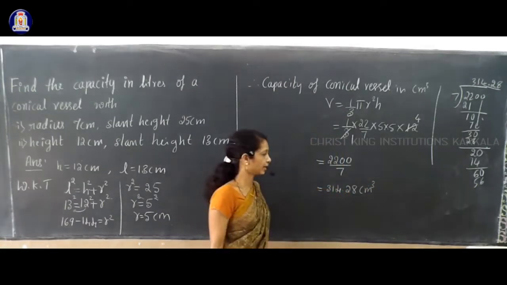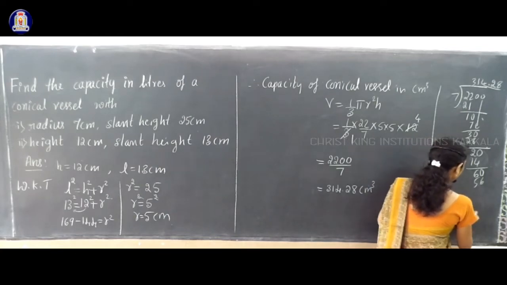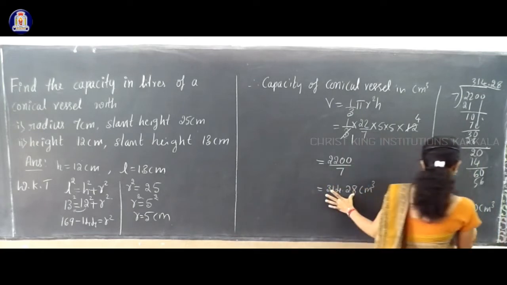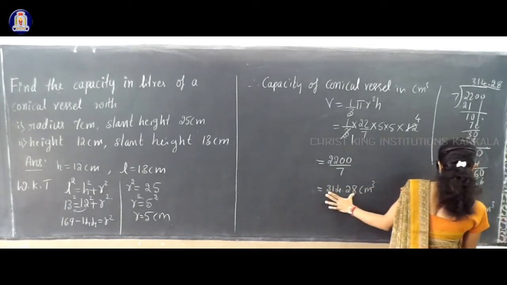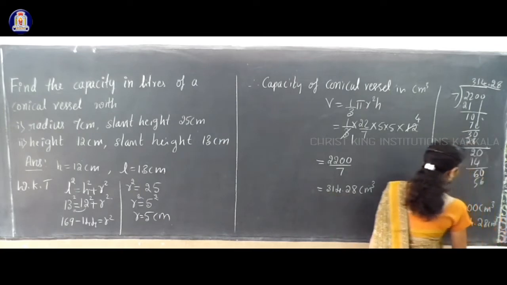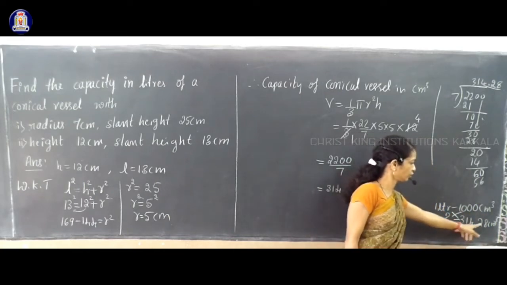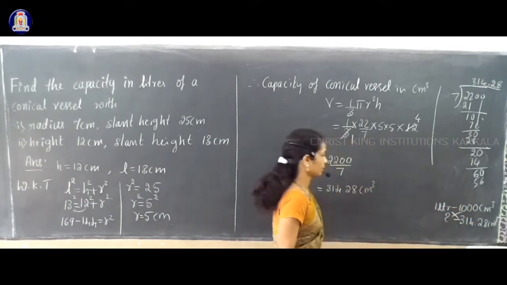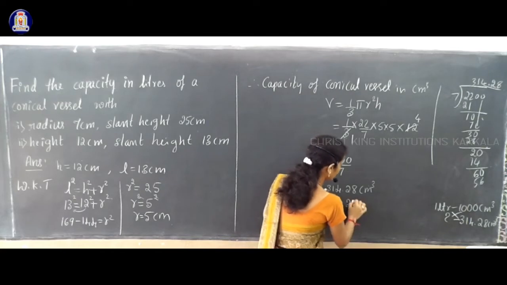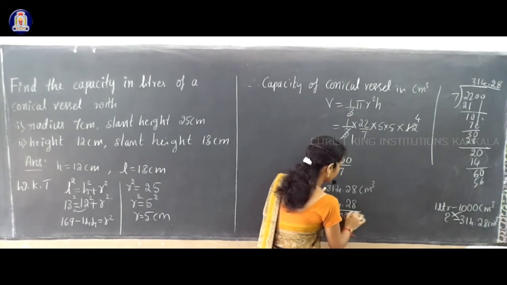You have to convert that to liter by the conversion formula. 1 liter means that is 1000 centimeter cube. And we have now this much centimeter cube, how much is that in liter? 314.28 centimeter cube means how many liters? You have to find by cross multiplication. 314.28 into 1 divided by 1000. Into 1 you can skip. So that is equal to 314.28 into 1 you can leave, divided by 1000, and that gives you